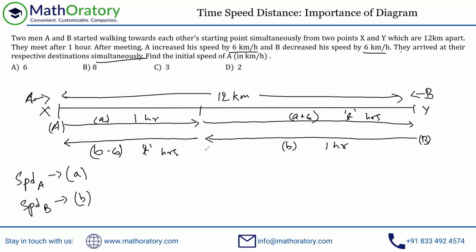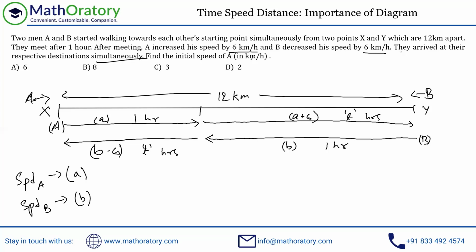One thing out here which you can do visually and very quickly is, imagine this situation. A has covered this distance with this speed, right? So what if this speed is the same as B's speed? And similarly, what if B's speed is the same as A's speed? Now I can actually assume this because of one critical part of the values. If you look at this increase and decrease of the speed, both are by 6, right? A's speed is increasing by 6 and B's speed is reducing by 6. So I can assume that A's speed becomes B's speed and B's speed becomes A's speed.